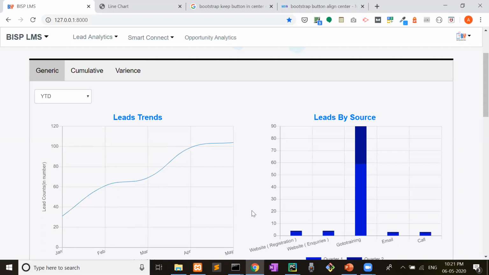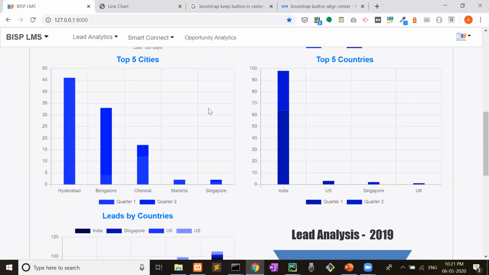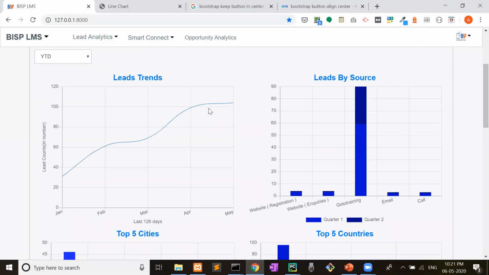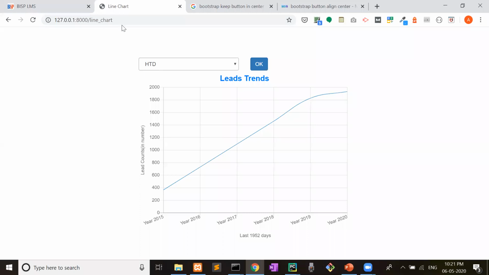Now, if I show you the code directly, there are so many charts. It will be difficult for you to understand the code of one chart. So what I have done here is take this code into a separate simple project, and then I will explain how it works, right? Here also STD, YTD, QTD, and MTD. So today we are going to learn this part.